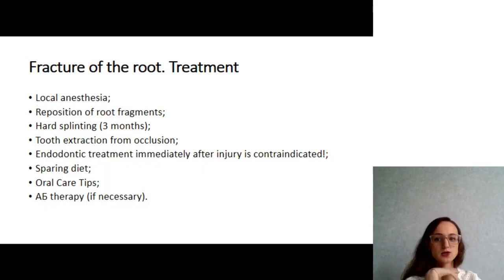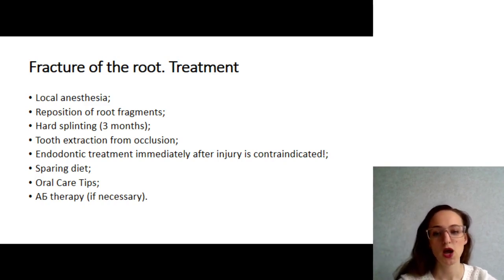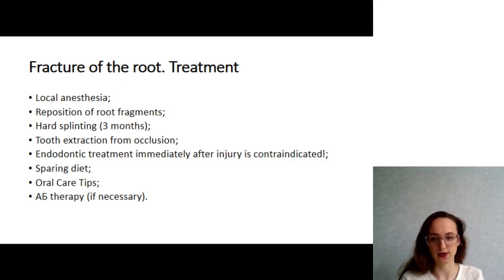Fracture of the root and treatment: local anesthesia, reposition of root fragments, hard splinting for 3 months, tooth extraction from occlusion, endodontic treatment immediately after injury is contraindicated, sparing diet, oral care, and antibiotic therapy. About antibiotics, prophylactic antibiotics